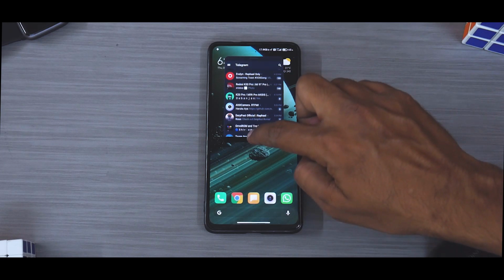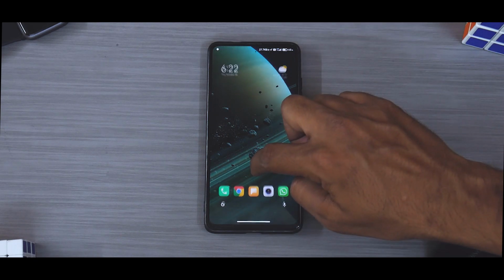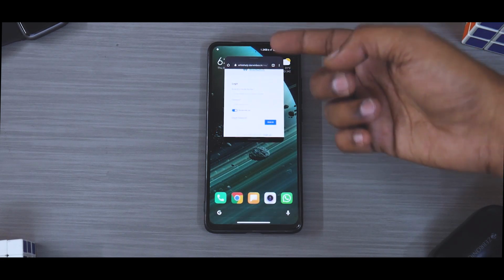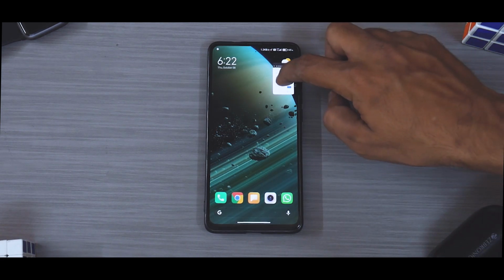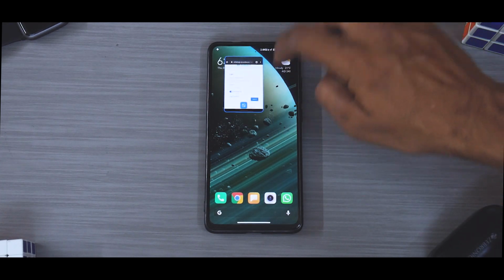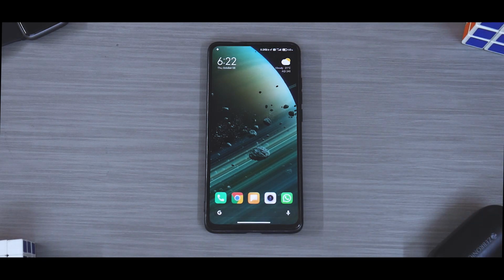So the floating windows option works just fine without a hitch. You can also switch to a different app for that matter. If you go to Chrome, the floating windows option works really fine. And if you select it, you can minimize it all the way behind as well. There you go. So the floating window option works just fine.